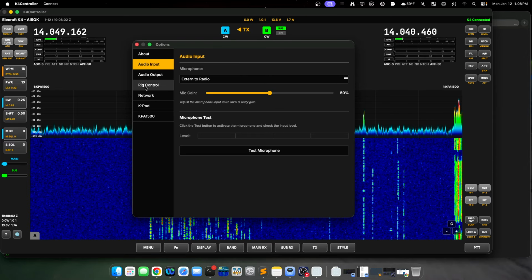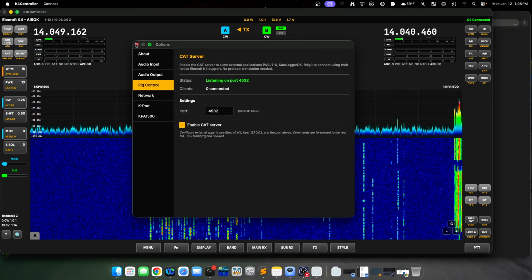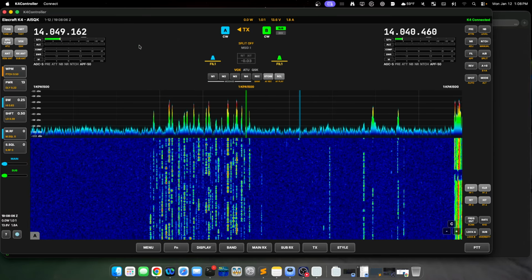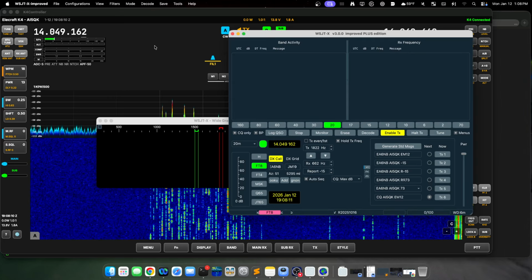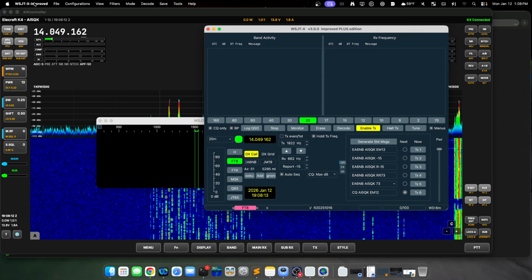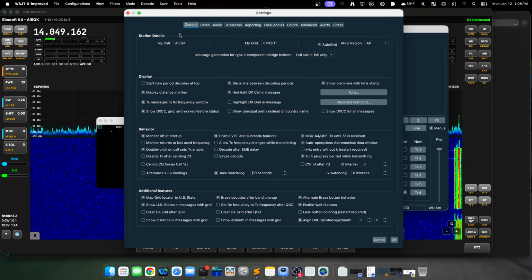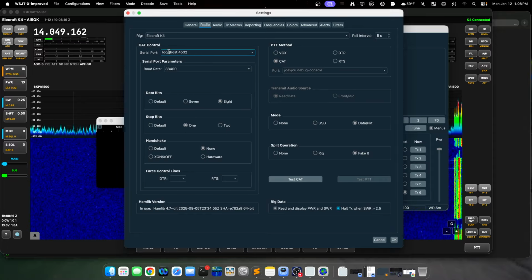And then I'm going to show you how this worked. So what we'll do is we'll just open up WSJTX and we'll go ahead and show you what those settings look like. Preferences, radio. So I'm connecting to localhost, right? So I'm connecting to myself on this port, which is the same port that I had configured in my K4 controller software. That lets